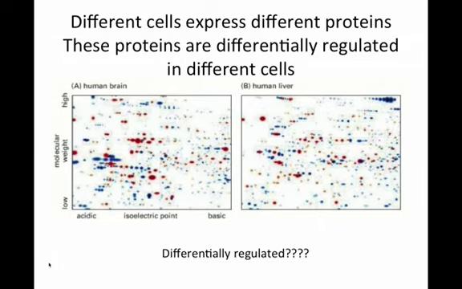First is isoelectric point, so that's this way. And then the second way is by size. So you've got your acidic and your basic proteins, and then up top here are large proteins, at the bottom are small proteins. So isoelectric point and molecular weight. And the purpose is just to get good separation.